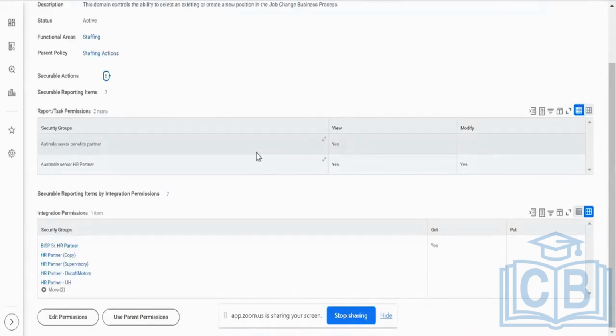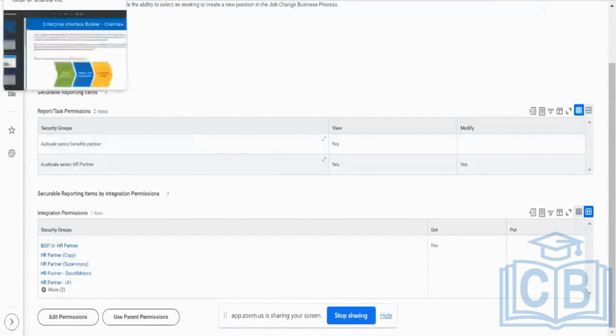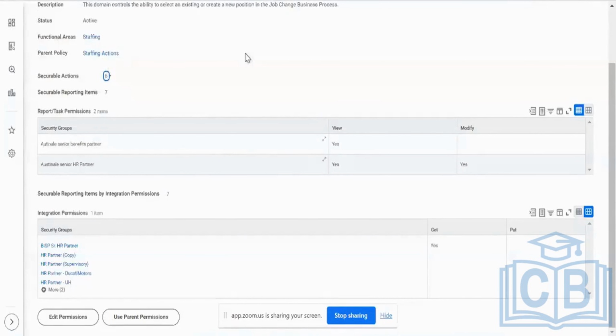Clear on this? So far, any questions? So the get and the put permissions at a